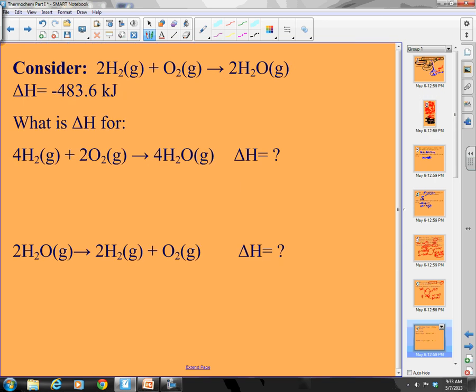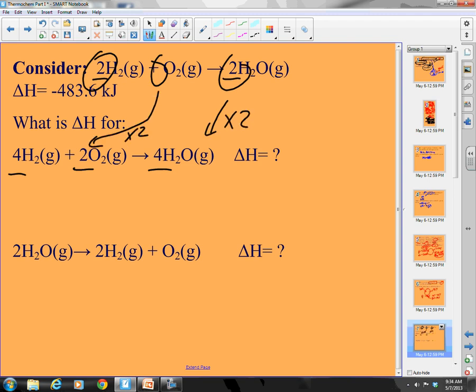So I have 2 hydrogen gases reacting with oxygen going to 2 waters. What is the delta H for this? Okay, I have 4, 2, 4. So what have I done? I've taken these coefficients and multiplied them by 2, correct? If I multiplied those by 2, how do I get my delta H? I have to take that and multiply it by 2. So 2 times